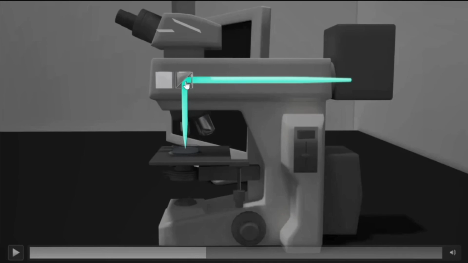With the help of the excitation filter, it's directed towards the specimen, and after hitting the specimen, it gets excited and starts to emit visible light back, that we can see here. The light emitted from the sample is then reflected back through the objective and the filter cube, which filters the emitted light to the camera or eyepiece, where the researcher can view the fluorescent signal.